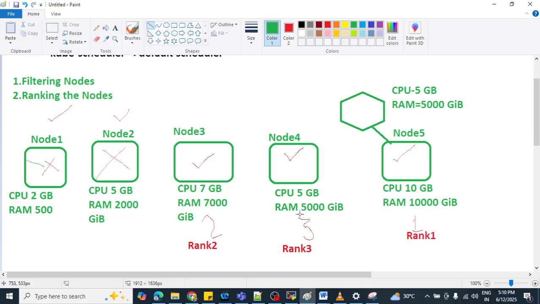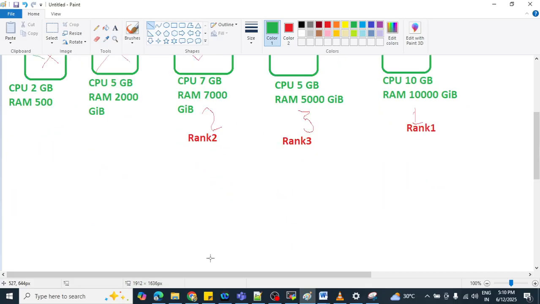So I think it is very much clear that to assign our pod to a particular node, we need to do the filtering of the nodes. Once we have done the filtering, we need to put ranking on those nodes, and then we need to choose which suitable node is best for our pod. That is the concept of filtering and ranking of nodes, if you want to see in the background how the scheduler schedules your pod to a particular node and how it is choosing that.